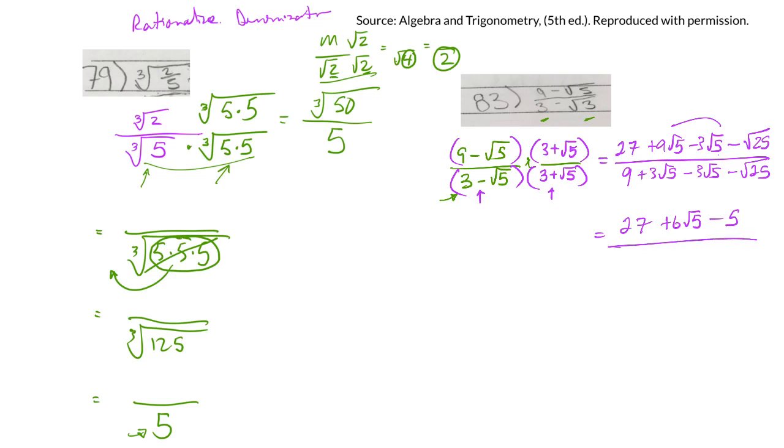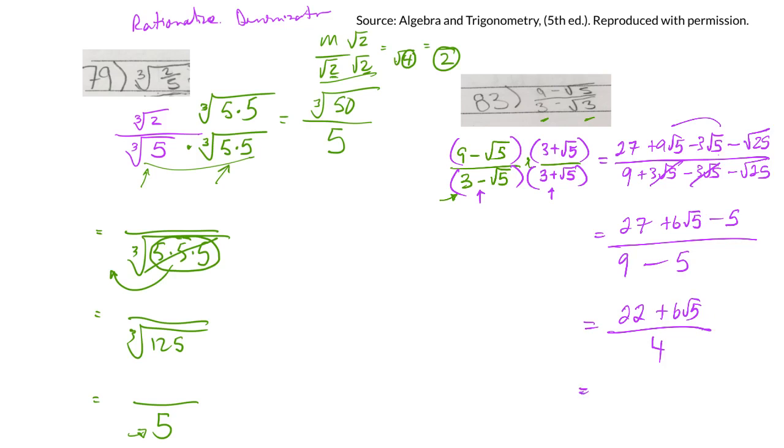On the bottom, I have 9. Then these two, one's minus, one's plus, they cancel out. Minus the square root of 25 is 5. So on the top, 27 take away 5 would be 22, plus 6 root 5, all over 9 minus 5 is 4. At that point, I'm feeling pretty good, but I can take it just a step further, because on